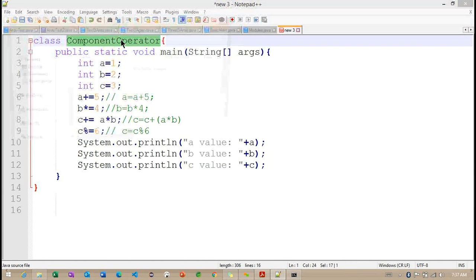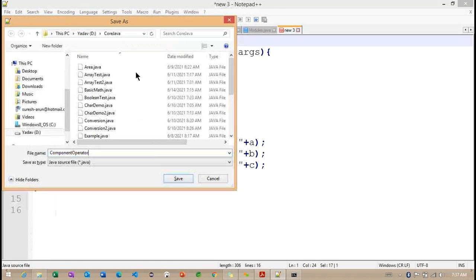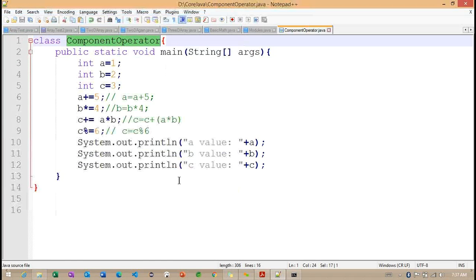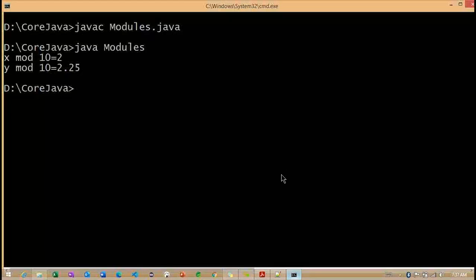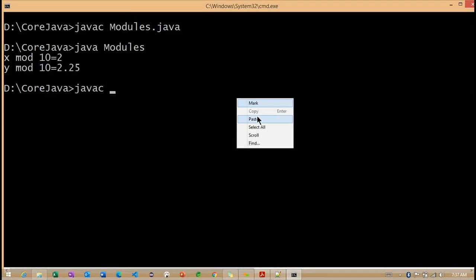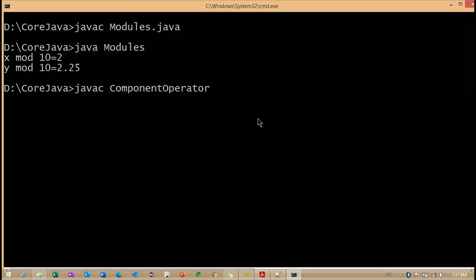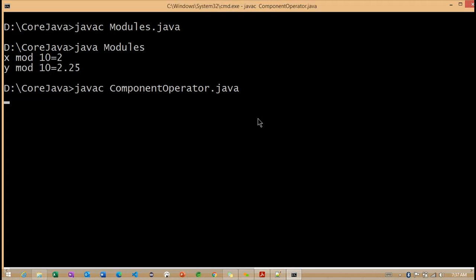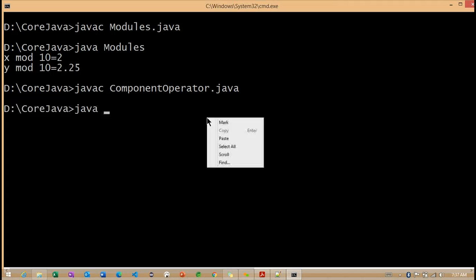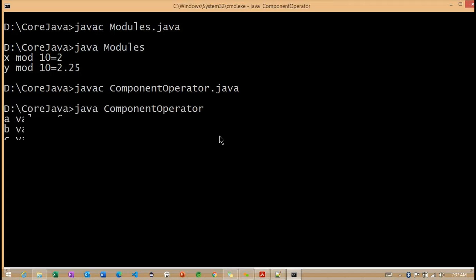So now let me save this particular compound operator, compound.java, and it's compiled successfully. Compound operator, so 6 1 3 are the values here.